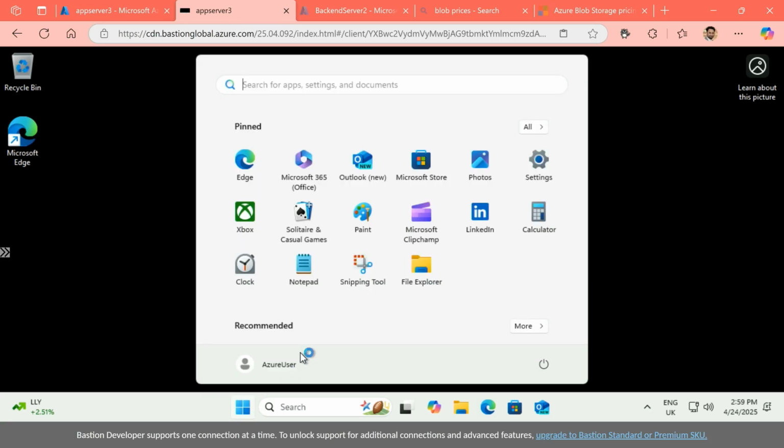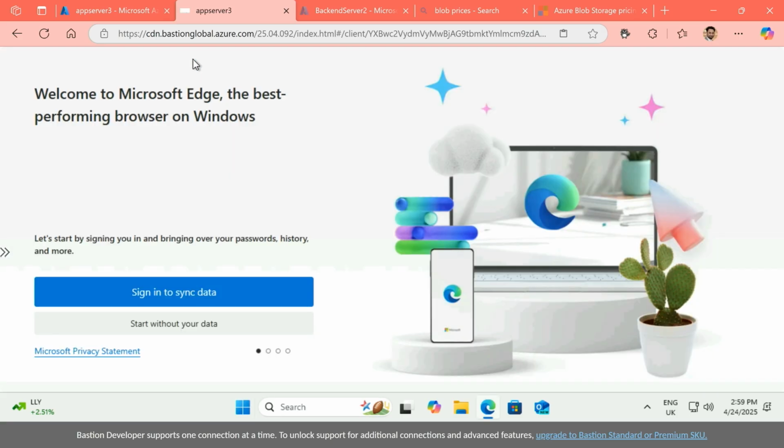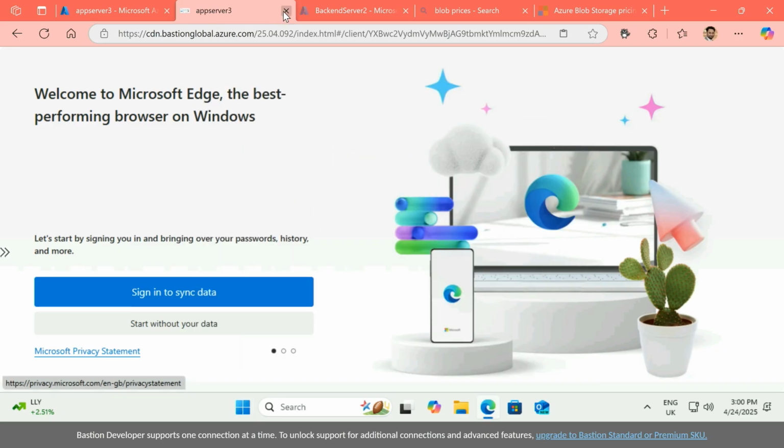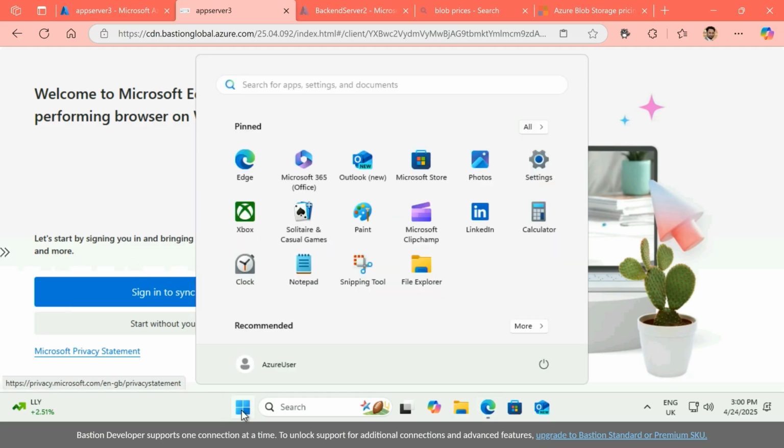Again, very seamless reaction to everything that you're doing. Super quick in running things and doing things in this environment. So again, you can see it's a nice way of working with your resources or connecting to a virtual machine using a browser and opening that in a browser mode. In this case, not advertising this to the world using a public IP or leaving any ports open in my environment. And I'm back in the virtual machine.